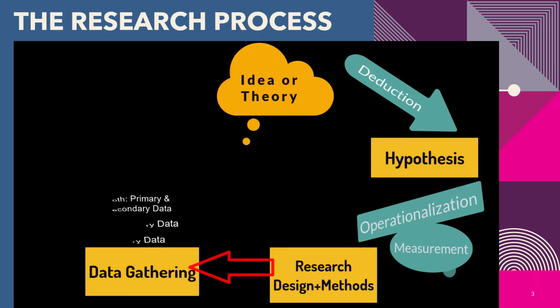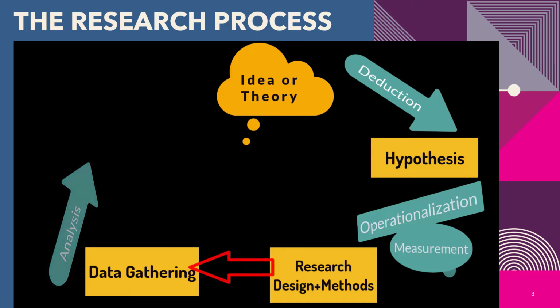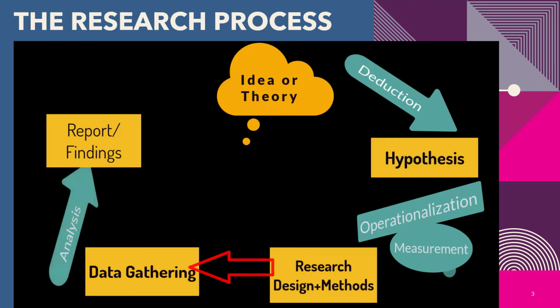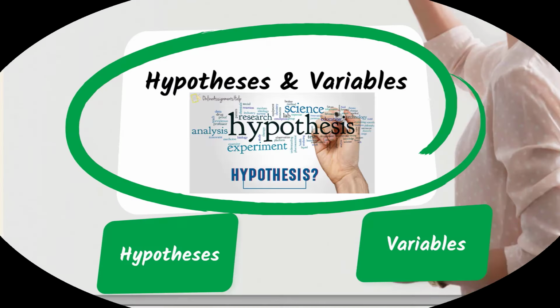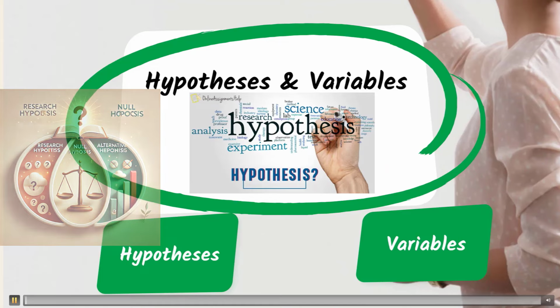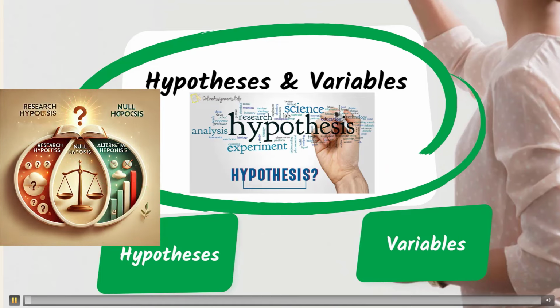The next step would be the analysis through statistics and probability and a variety of statistical tests such as t-tests, ANOVA, chi-square, correlation, and regression. I'm sure you've heard about them. Then you conclude and report whether the hypothesis is correct or not, and through the process of induction, validate or not the theory you started with. Let's cover other concepts, such as hypotheses and variables, which are extremely important in statistical analysis.